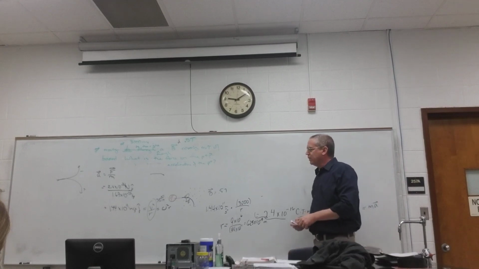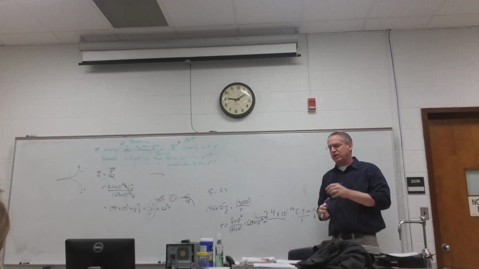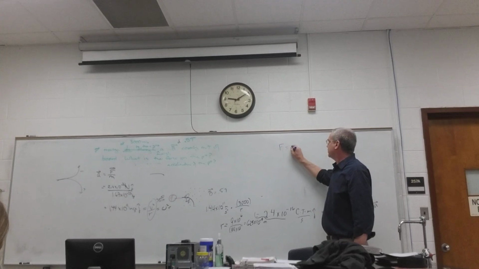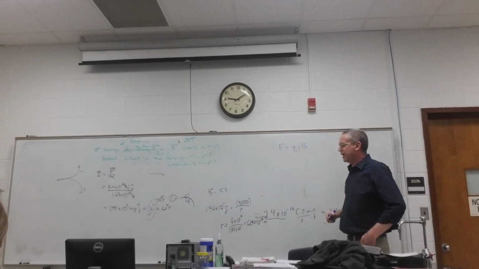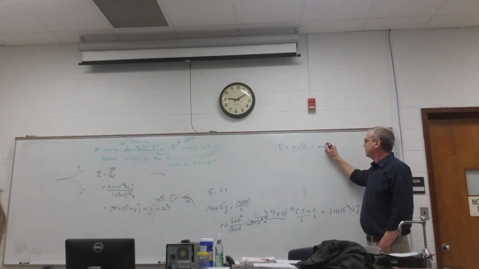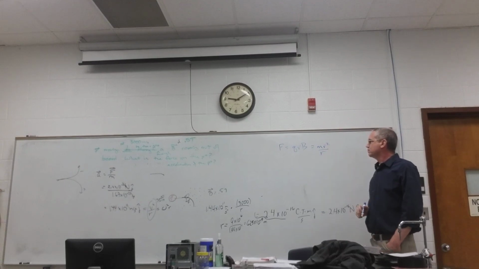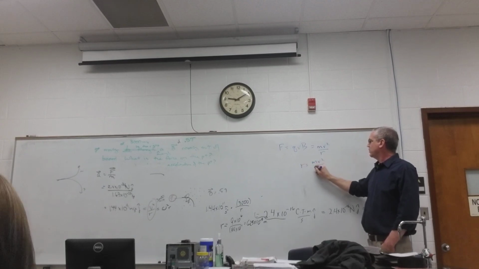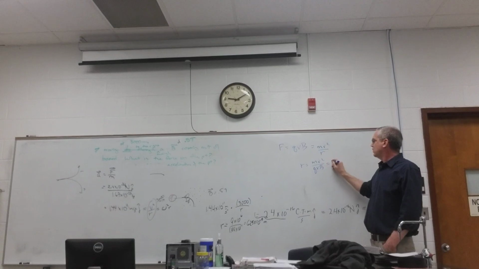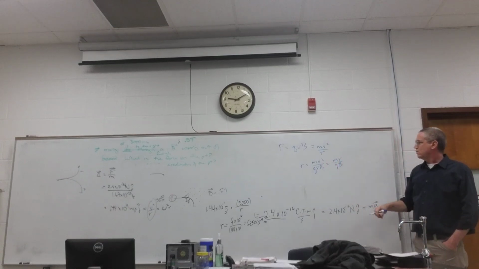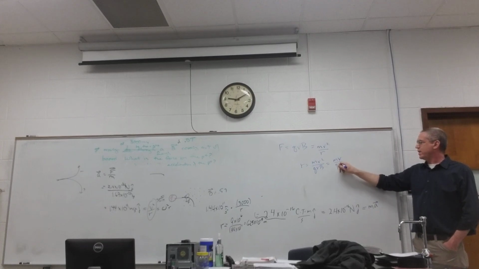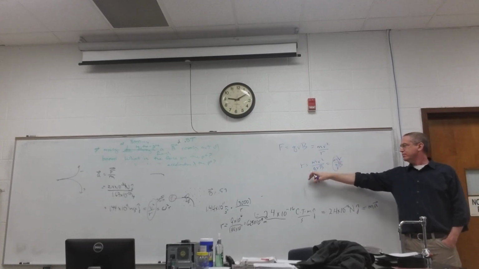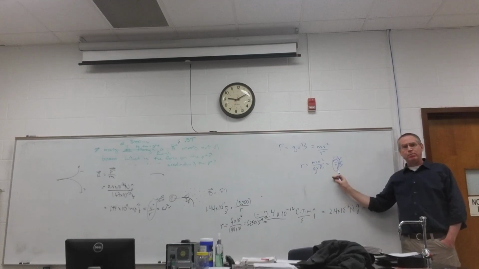There is a formula in the book. If we just assume that the shot is perpendicular, F is equal to QvB, just looking at magnitude here, that's equal to mv squared over R. And so R would be mv squared over QvB, which is mv over QB. So if I know how fast the particle is going and know the magnetic field, then if I know the radius, I can now predict this ratio of mass